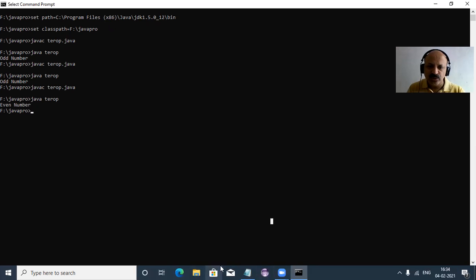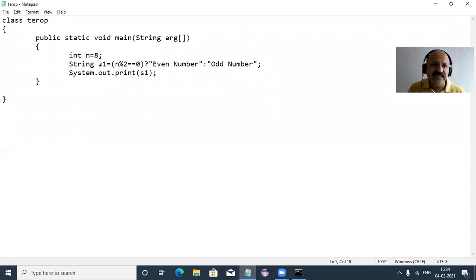Yes, I just showed you my coding. Here it is very concise, that is the ternary. You have to know that it is our if condition, and if the condition is true, that string is directly assigned to the s1 string variable, and if the condition is false, this other part is assigned to s1, and we print the s1 string variable with System.out.println. System is an inbuilt class, and out is the output stream; print is a method, and println prints a new line. I hope that is very simple. So that is the ternary operator in Java.